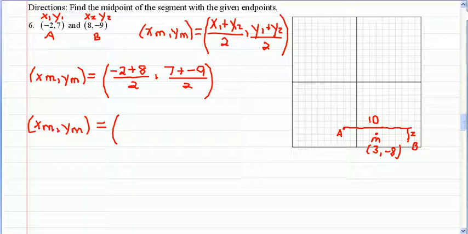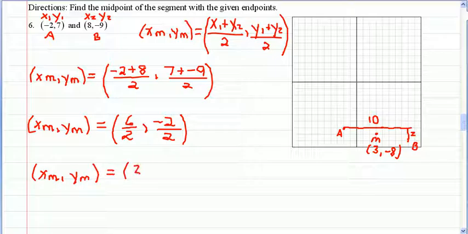And negative 2 plus 8 is 6. 7 plus negative 9 is negative 2. And 6 divided by 2 is 3. Negative 2 divided by 2